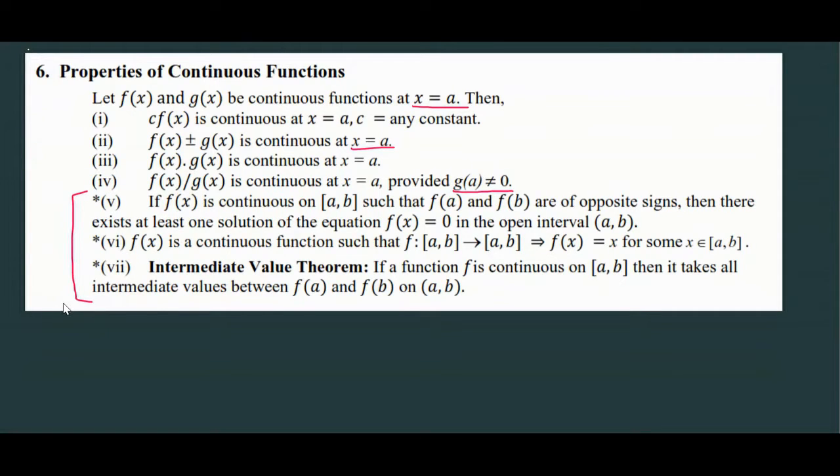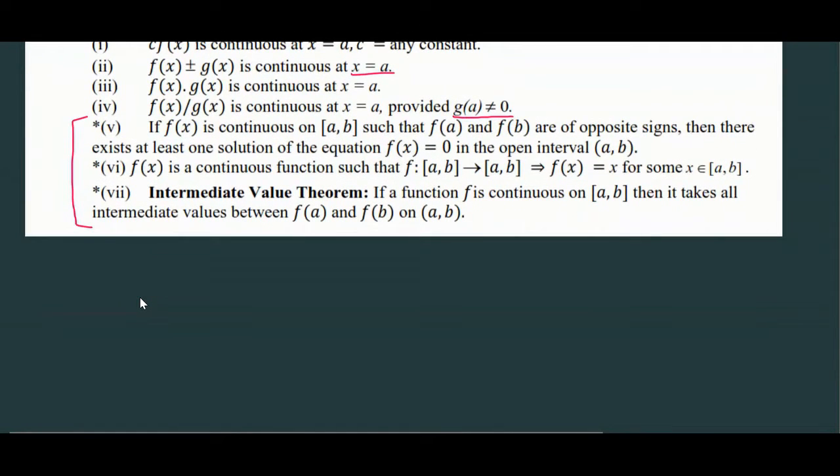And these are extremely useful for finding the roots of equations of any type of functions, not just polynomial or algebraic. They're very useful. So what this property says is, if f of x is continuous on [a, b]